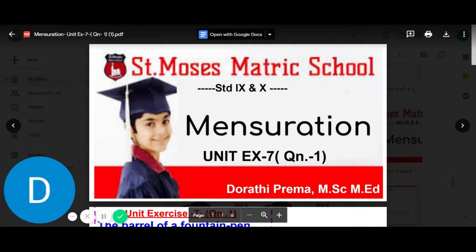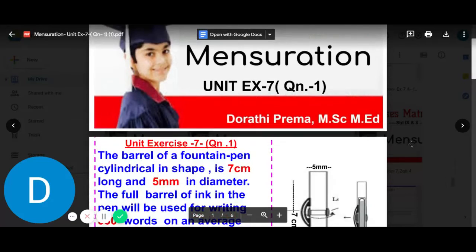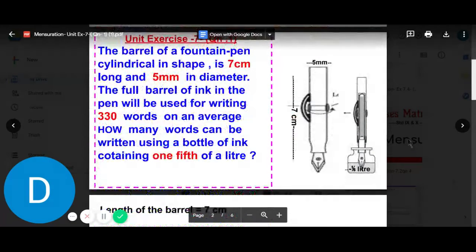Children, let us do mensuration today. Let us do question number 1 from that unit exercise number 7. Read the question. The barrel of a fountain pen, cylindrical in shape, is 7 centimeter long and 5 millimeter in